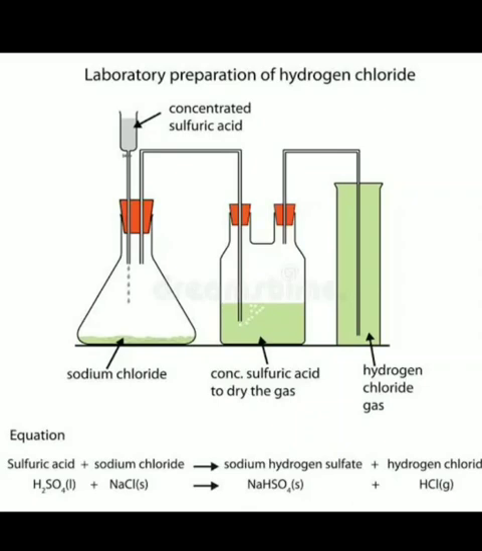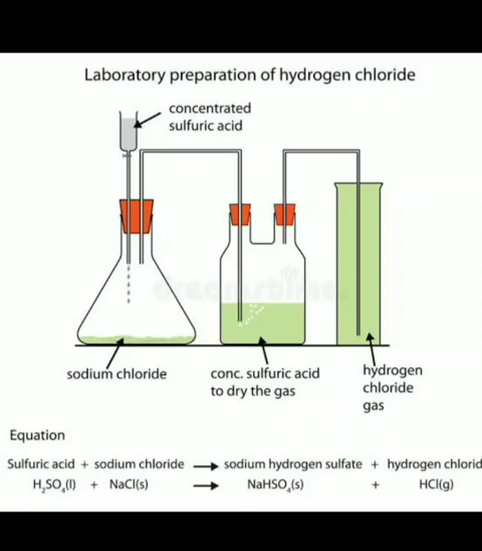First, what you will do, you will take some sodium chloride in the flask, and after that you have to add concentrated sulfuric acid dropwise. When they react with each other, they produce what? Hydrogen chloride gas. So when effervescence takes place, it passes through the delivery tube and enters into the washer bottle.